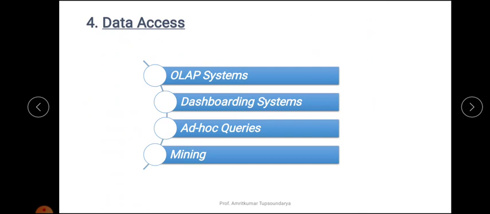Moving on, the dashboarding system. As we have discussed in the previous lectures, dashboarding systems help represent the data in a desired format. Likewise, the data warehousing system can also be useful for data access. The dashboarding systems use the data from the warehouse, of course, and present analysis to the users. The data from the data warehouse can be used to populate customized performance dashboards for executives or end users.